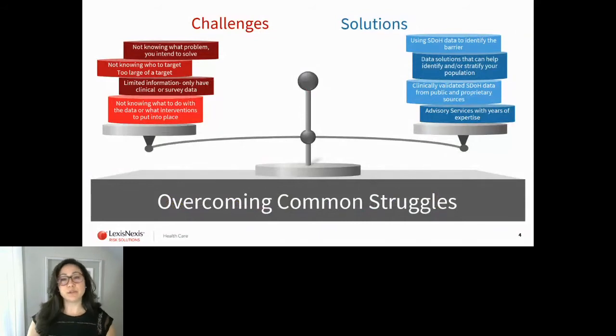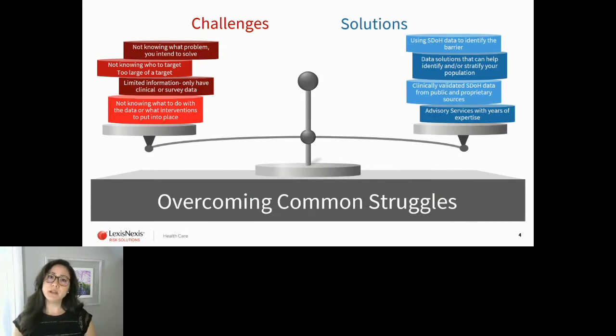So some of the typical challenges that organizations face when trying to take on an SDoH initiative are things like not knowing the problem that they want to solve, or not knowing who to target, or maybe trying to focus on too large of a target. Other things like limited data, or only having clinical data, are also some common struggles. And then, of course, having too much data or not knowing what to do with all of that data, or even just trying to figure out what your logical next step is going to be, and to head in the